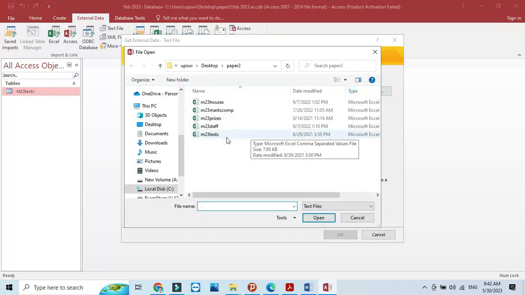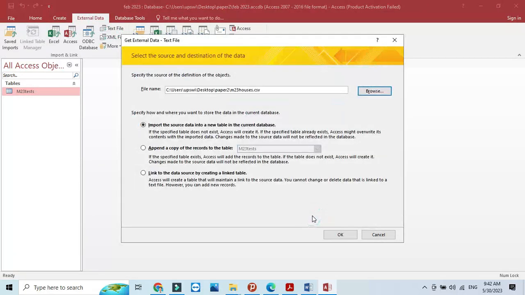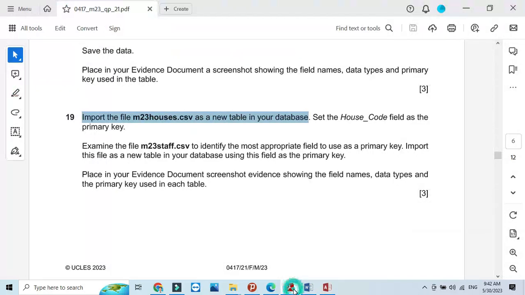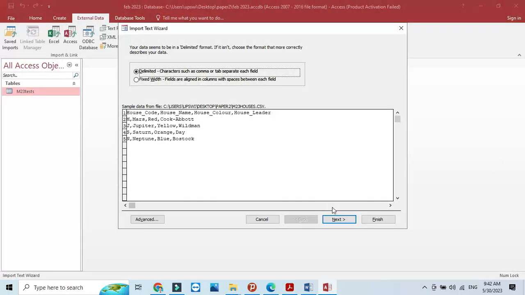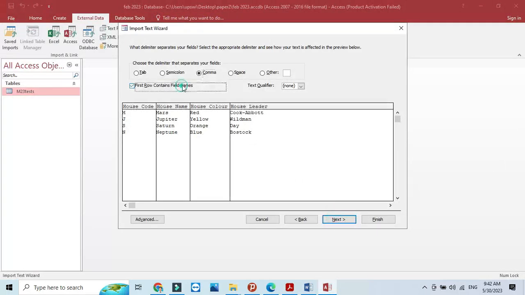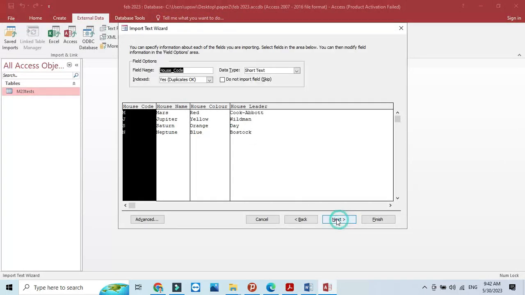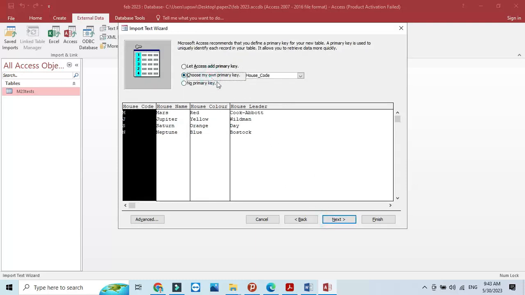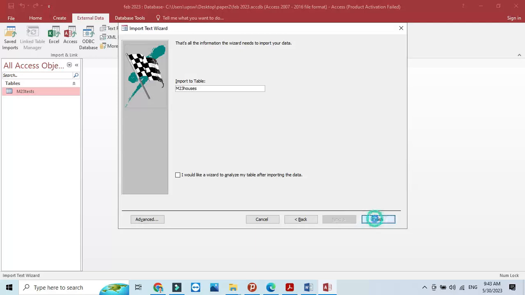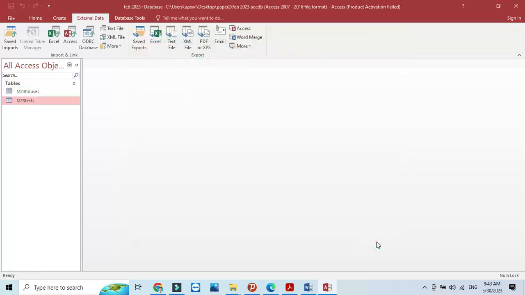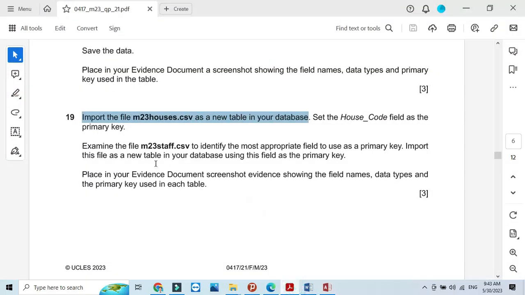So we need to import one more file called staff. Next, modify first row contains field name next, and choose the primary key. So we should choose the primary key. I think, yeah, class code is going to be the primary key. Next, finish. The table is imported, and now you have to have the screenshot of the